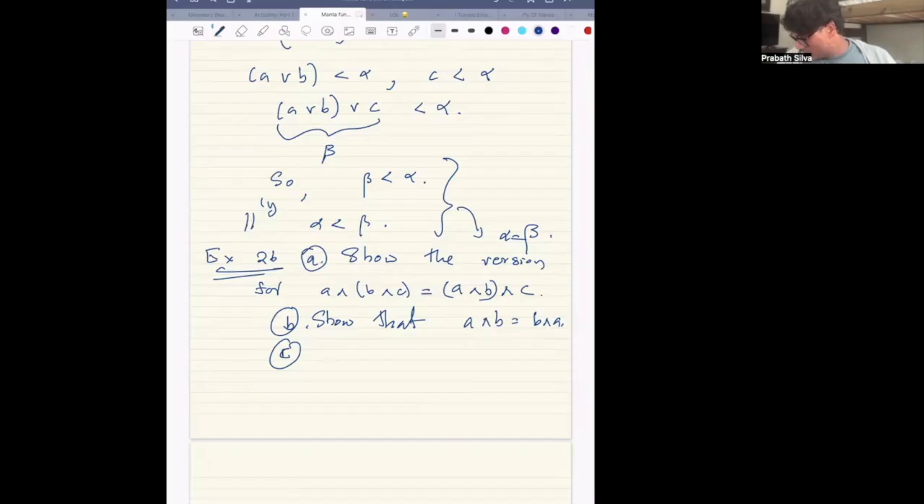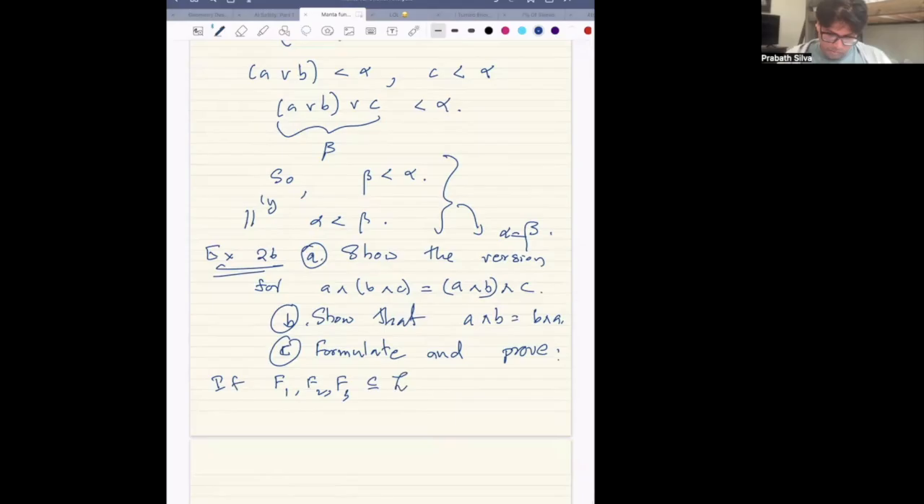So the associativity. Show this thing. Formulate and prove: if F1, F2, and F3 are subsets of L, then